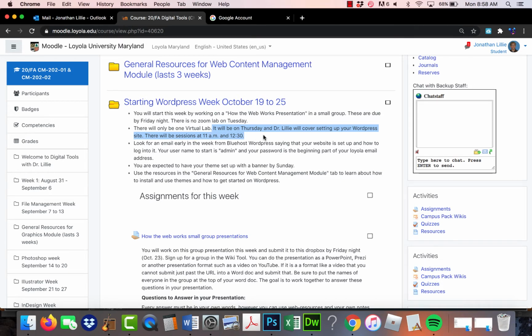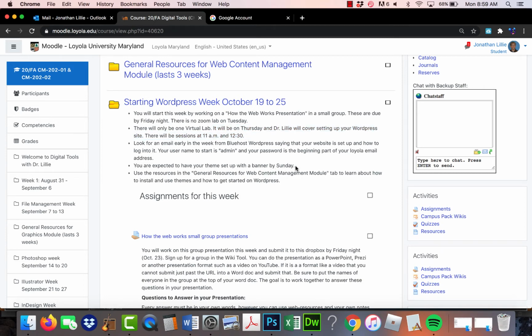You'll see an email that comes from Bluehost, which is the name of the company that has a dedicated server that we pay for. That means it has a whole bunch of bandwidth and a whole bunch of space for all the different student websites in the communication department. So don't delete that email, and you can follow the directions on it to log into your WordPress, but you don't have to worry about it until Thursday. So it's Thursday at 11, or at 12:30, show up, and I'll show you the basics of how to get started with your website.